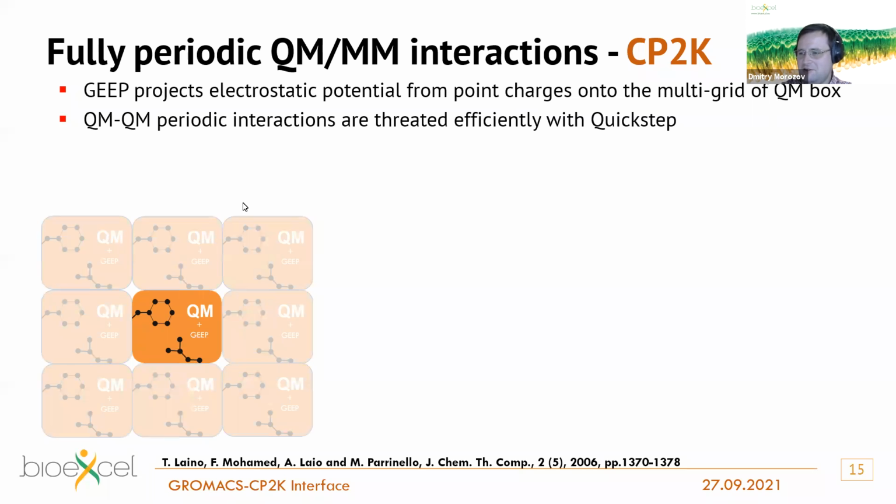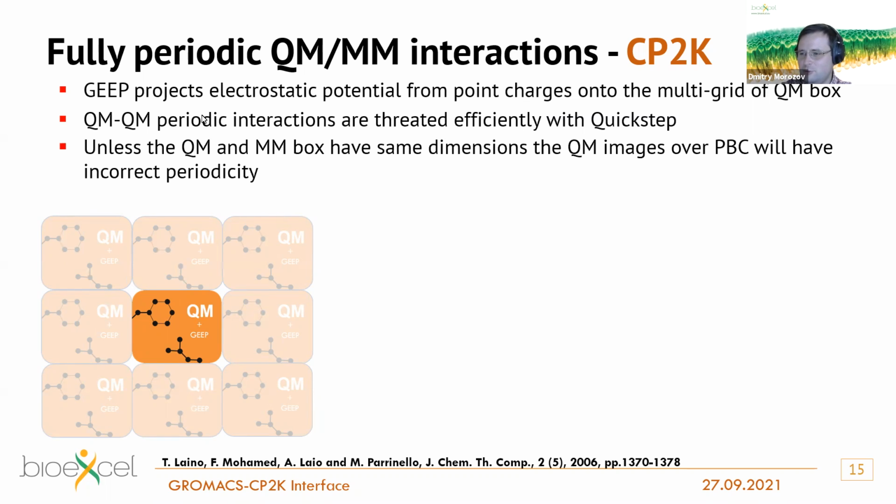Then in reality, CP2K calculates such a QM system with the wrong periodicity, but it is what Quickstep is doing, a CP2K quantum chemistry algorithm. But then you want, of course, to have back the periodicity of your full box. And for that,